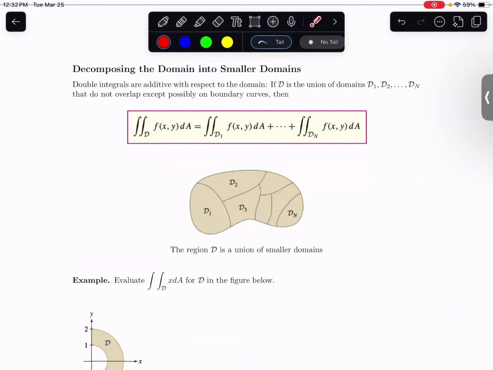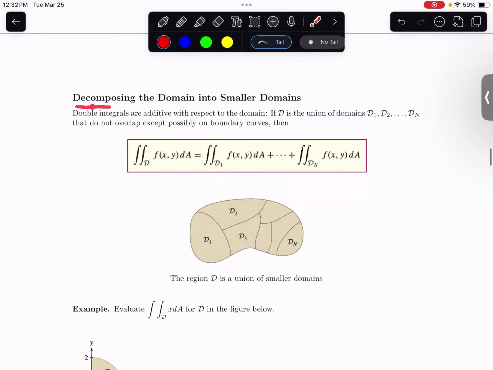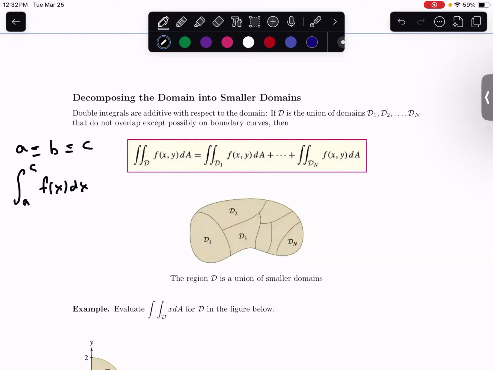Okay. And so we're going to be thinking about decomposing domains into smaller domains. We kind of did this already in Calculus 1, right? If we had an interval with 3 numbers, A is less than or equal to B is less than or equal to C, and we wanted to think about the integral from A to C of f of x dx, you can decompose